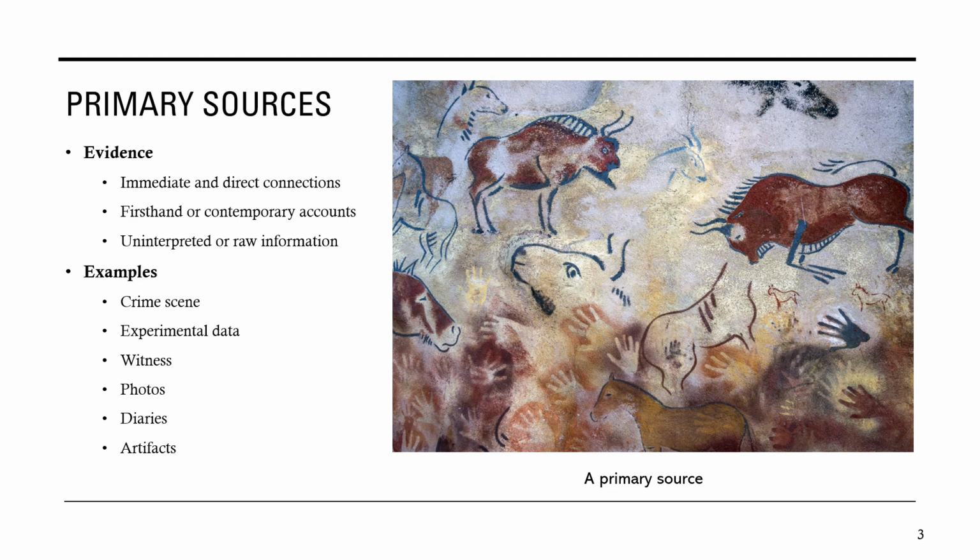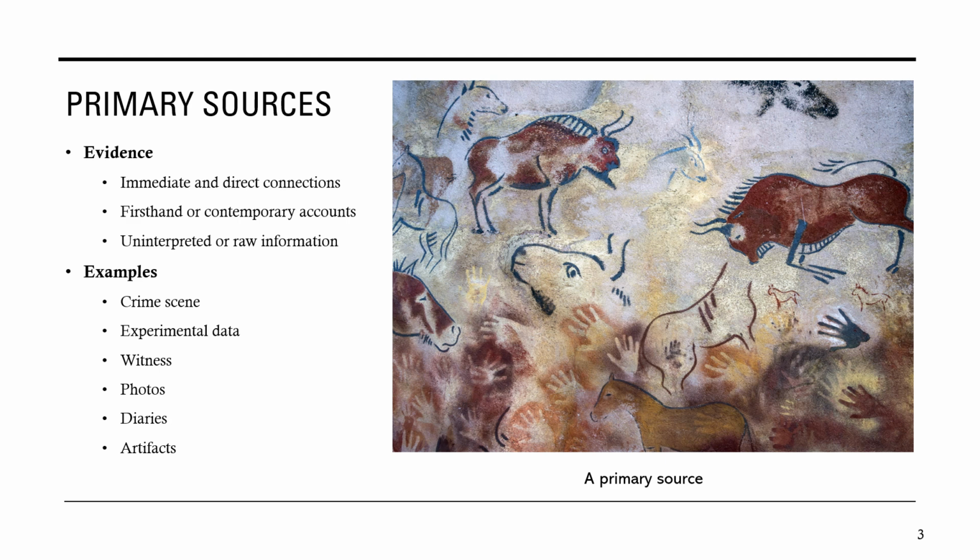And though primary sources can in fact involve attempts to prove things, in general, they have this kind of neutrality in the presentation of the information. So when we think about some examples of a primary source, I think about the evidence at a crime scene. Right? That is presented raw and uninterpreted. It's the detective's job to develop a theory of what's going on. Experimental data in the sciences, of course, any kind of witness information, any kind of first-hand account of what happened